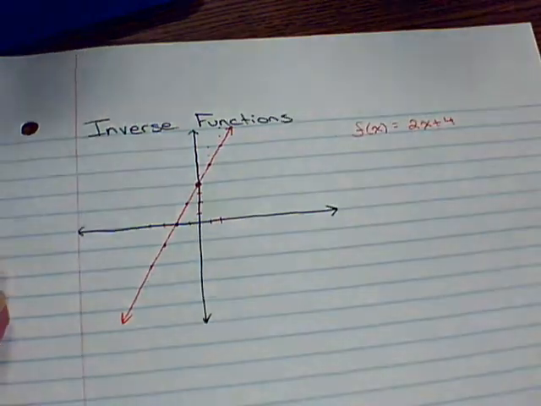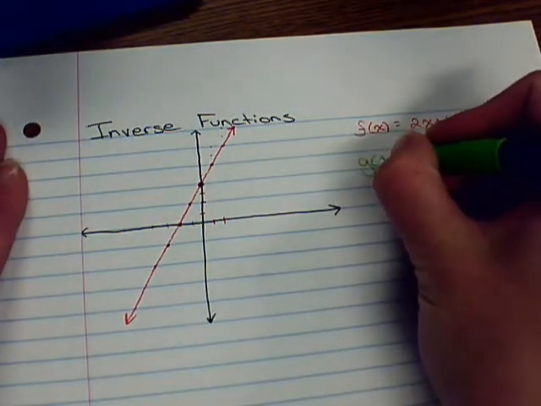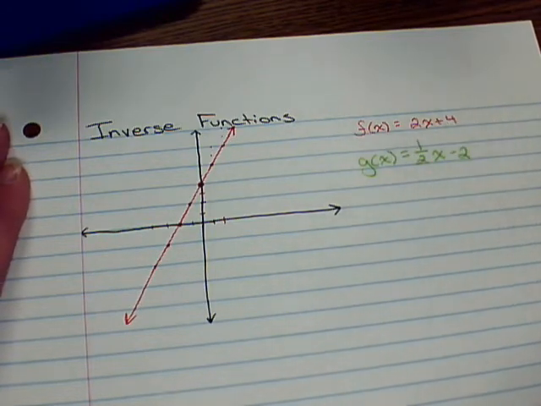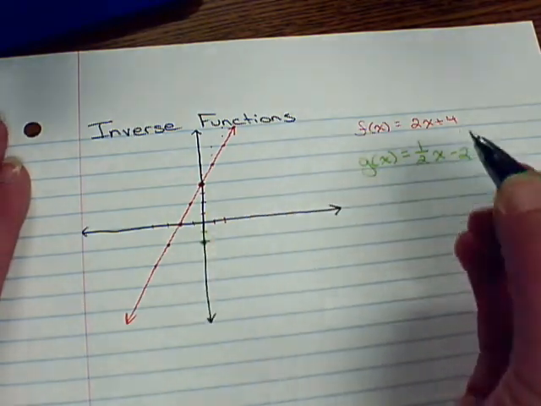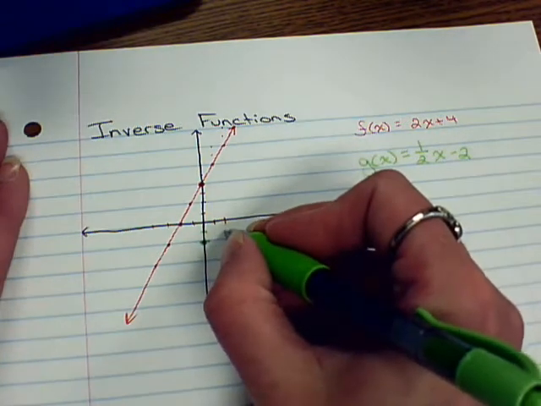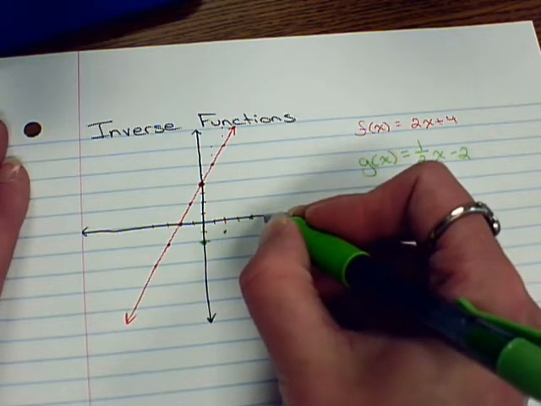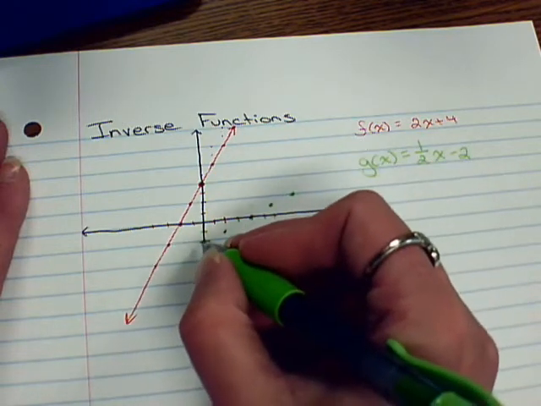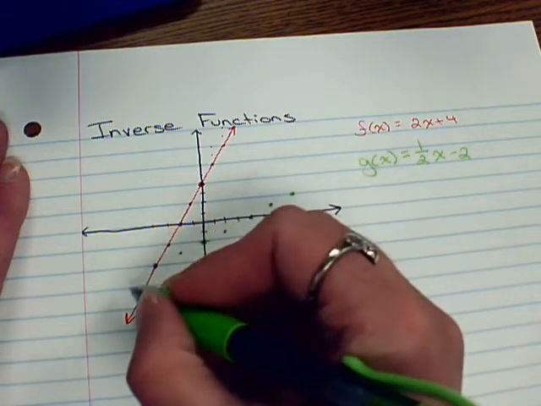Alright, now I'm going to put another line on here. We're going to look at g of x equals 1/2 x minus 2. Okay. That is a y-intercept of -2 and has a slope of up 1 over 2, up 1 over 2, and backwards down 1 over 2, down 1 over 2,